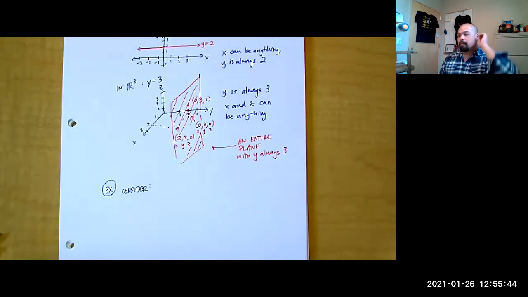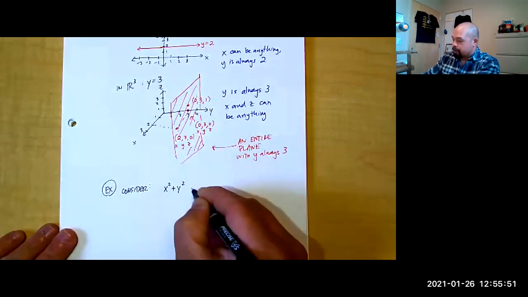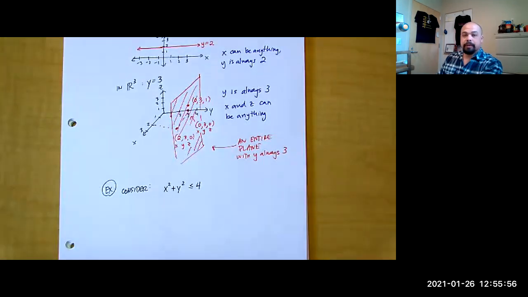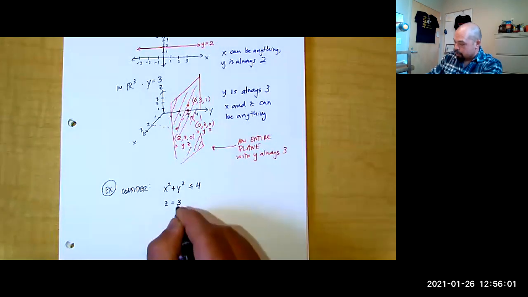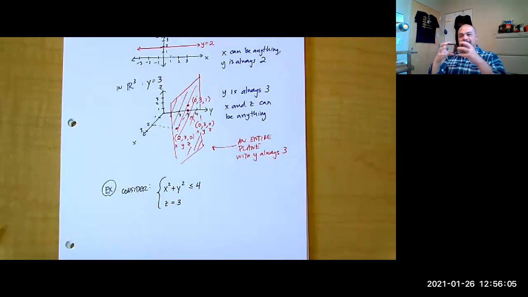Okay, let's consider this set of equations, this set of criteria. We have x squared plus y squared less than or equal to 4, and z is equal to 3, right? So suppose we have this, I'll put that little brace around it, to identify this is all together as something we might want to graph, right? And so as we start to picture this, we start to imagine, well,